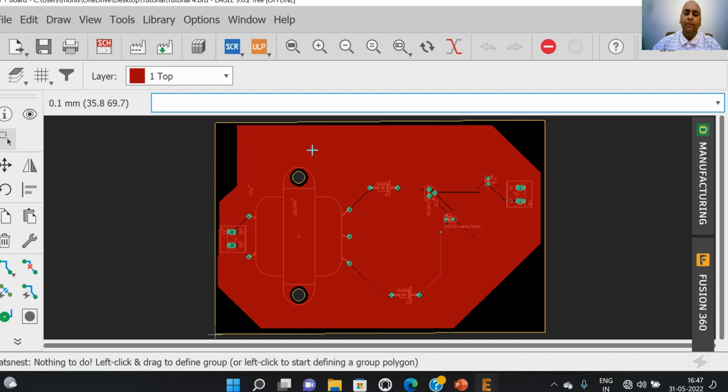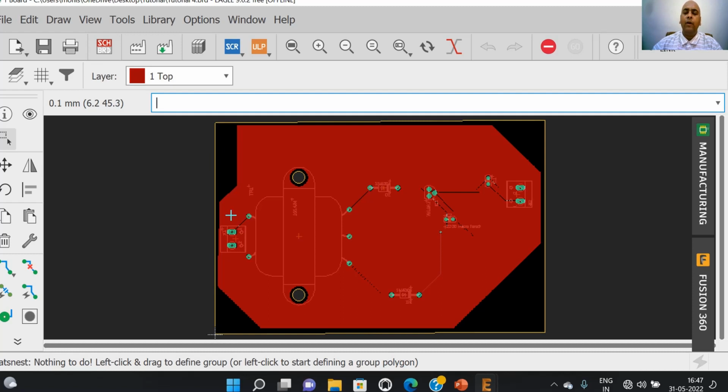Now it is the time to check the design rules for this PCB. Every manufacturer specifies some limiting values, like what can be the minimum distance between traces and what can be the width of the traces.